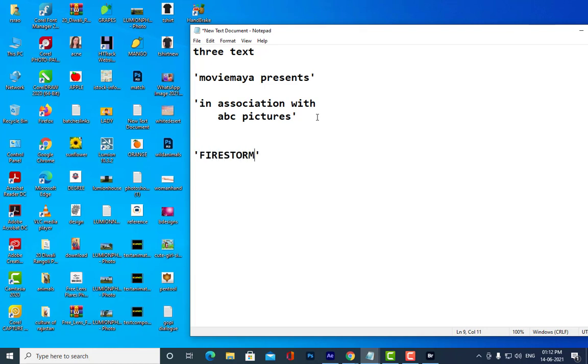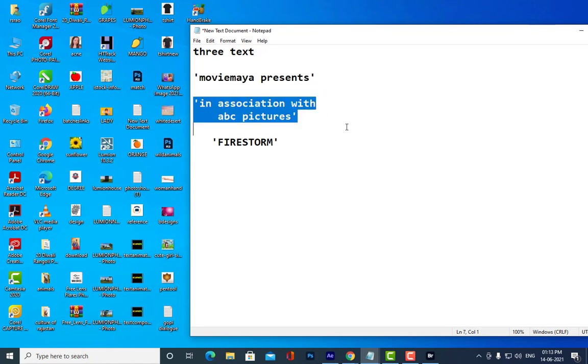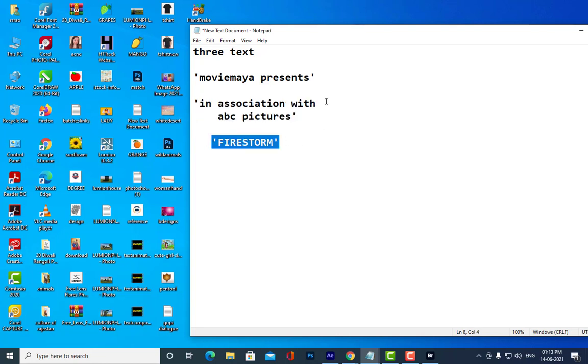Are you getting my point? For all these 3 texts you have to give 3 presets. You can also use the path animation for one of these things.